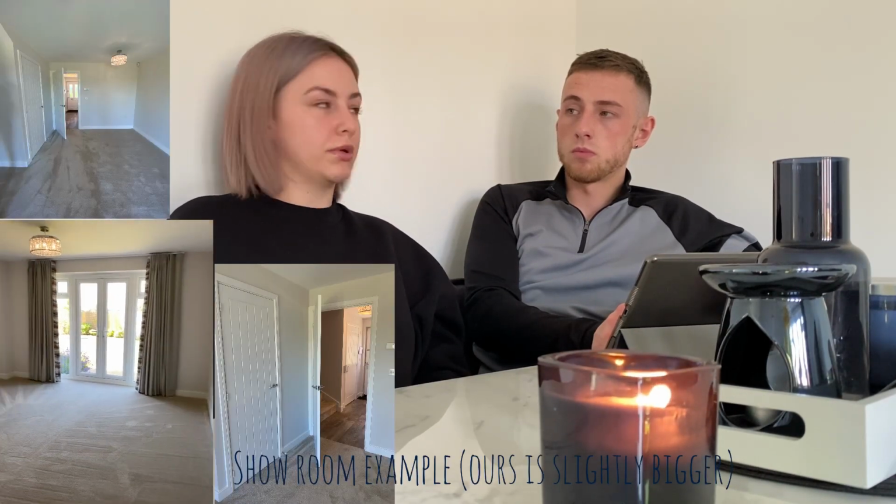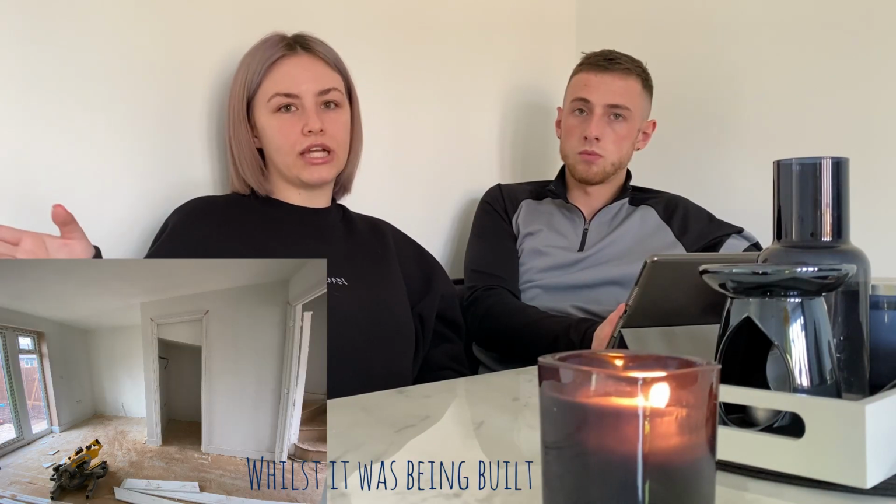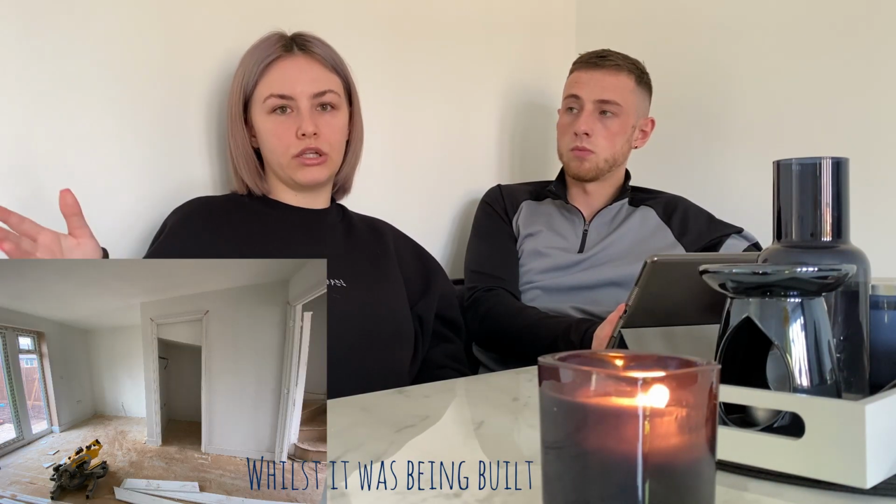Probably that cupboard there. Don't get me wrong, it is a godsend. But that's like a mini room. You could make that an office. You could have a desk in there. It's that big, really. Don't get me wrong, you'd feel claustrophobic and you can't stand up in it, but if you were a stay-at-home worker, you could turn that into your little office space. That's why I think, if you've got loads of storage... Loads of people turn that into games rooms, I could stick my Xbox and stuff under there, but at the moment,